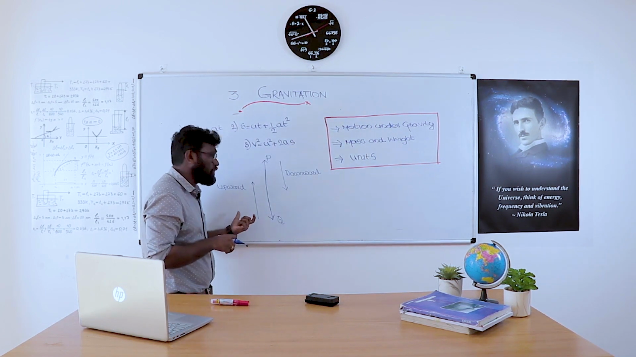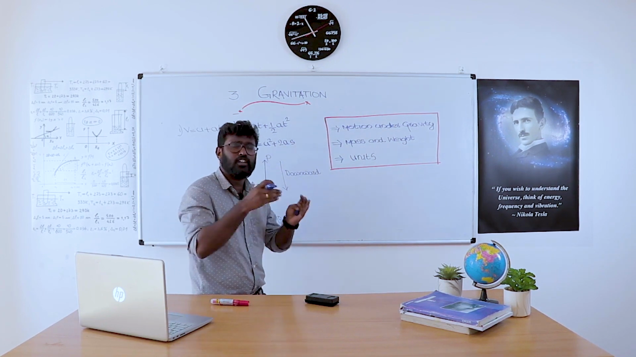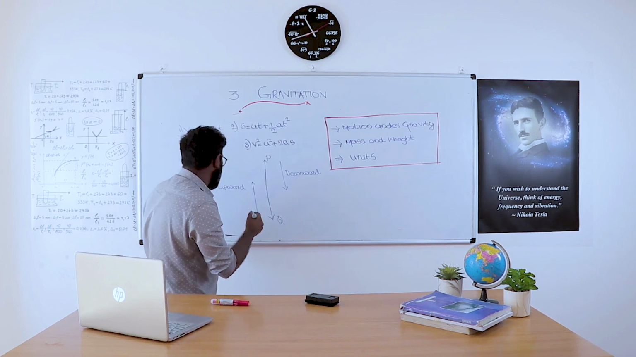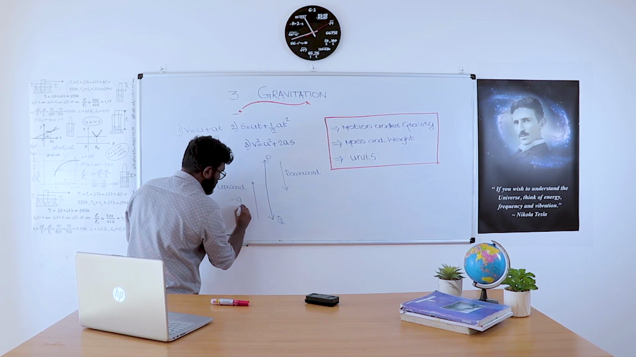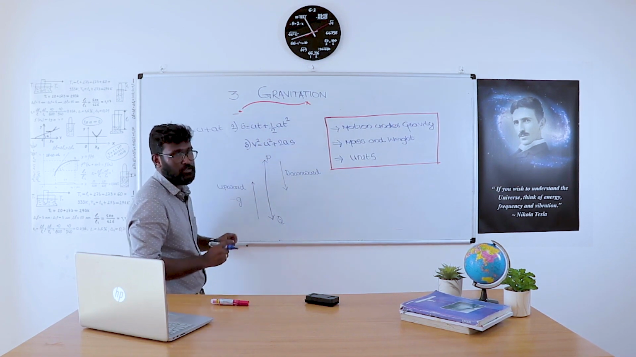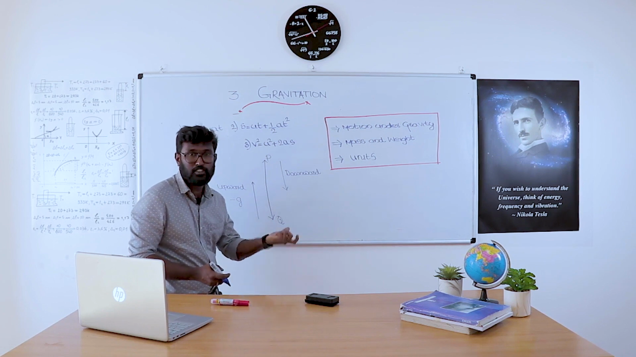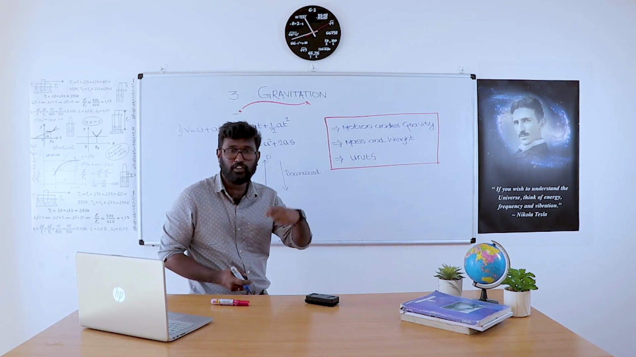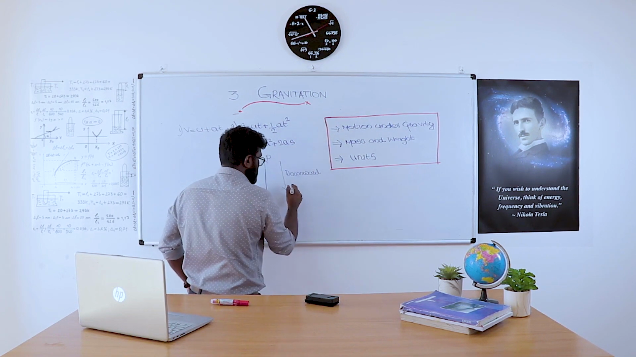So if a body is projected upwards, is there any influence of acceleration due to gravity? Yes, there is an influence of acceleration due to gravity. But at that time, if a body is projected upwards, in place of G, we take minus G, because it is opposite to the direction of the influence of gravity. If a body is coming from upward to downward,